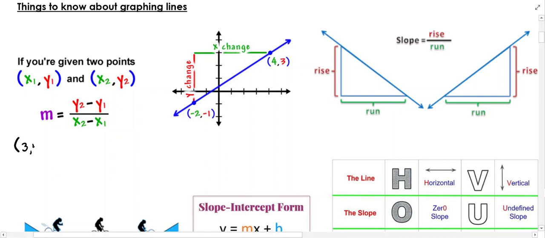If you have the point (3, 4) and the point (-2, 0), it'll look like this. Let's make this one a -3. Right? The second y minus the first y, so it'll be 0 minus 4, over the second x minus the first x, so it'll be -2. Oops, my bad. -2 minus a -3, okay? Because the negative x right here is a -3, so we need to subtract a -3. And then,